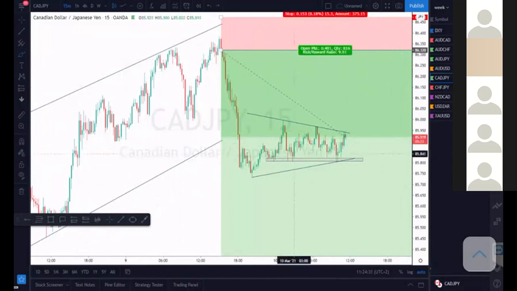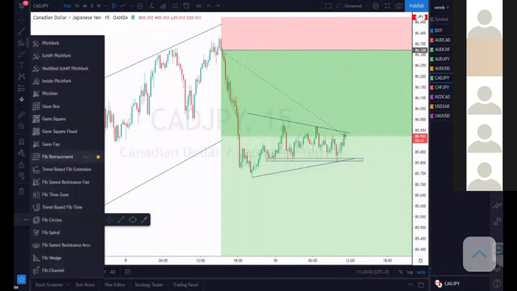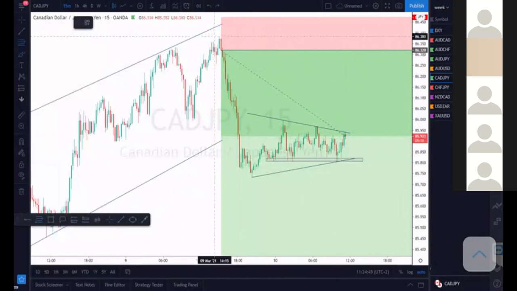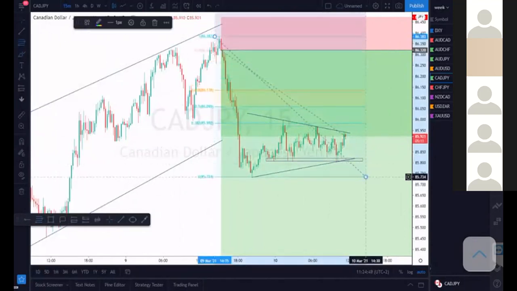Otherwise, guys, we're going to be looking for some sort of a reaction for this market to actually deplete. If we do put our Fibonacci on here, from the high of this current impulse to the low of this impulse over here, what we can see is that the 0.618 aligns with